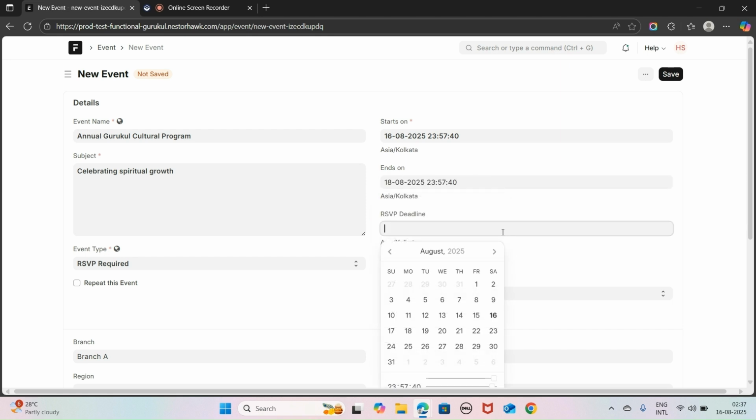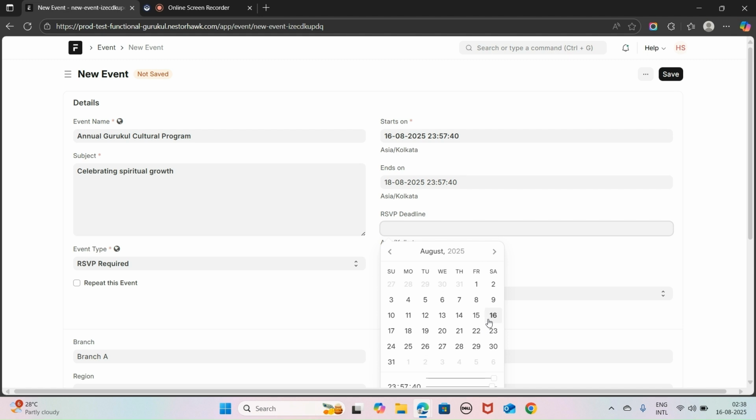And what does RSVP deadline mean? Basically, it is the final date by which members should confirm if they are attending the event. After this date, confirmations will not be accepted. This helps the organization finalize the arrangements.